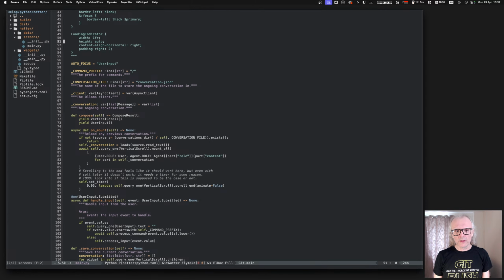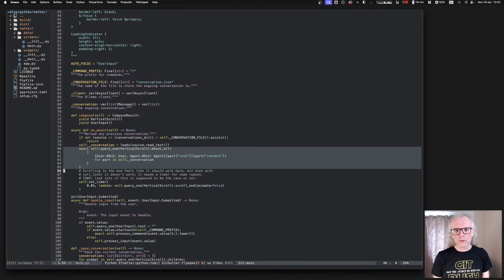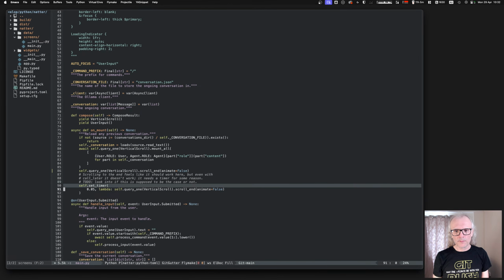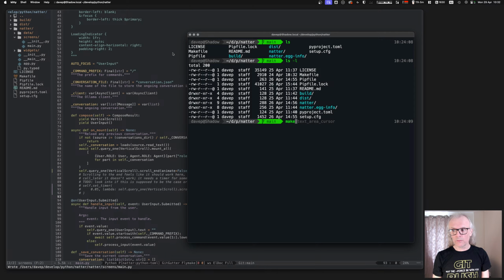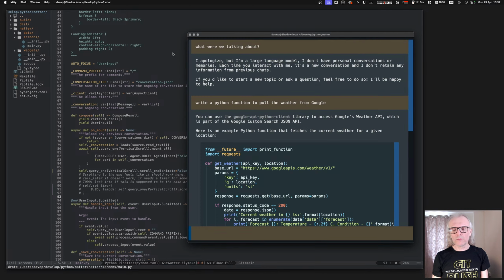But the problem was this bit of code here. On mounting, I'm loading up the conversation, loading it back into the vertical scroll that I'm using to hold the questions and responses. And then I literally wanted to scroll to the end after I'd loaded everything up. And that doesn't work. You watch, you'll make a liar of me now. No, it doesn't work. I couldn't quite figure out why.